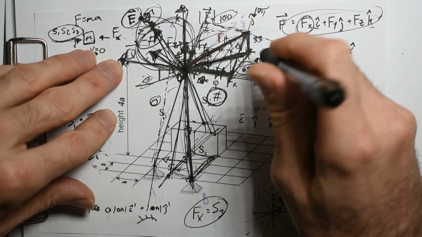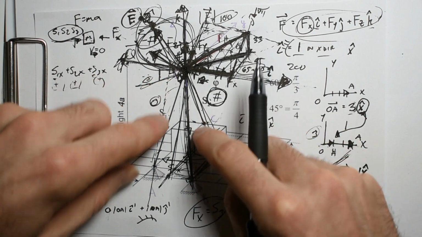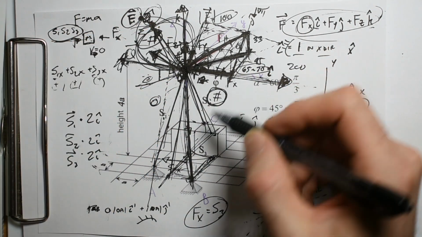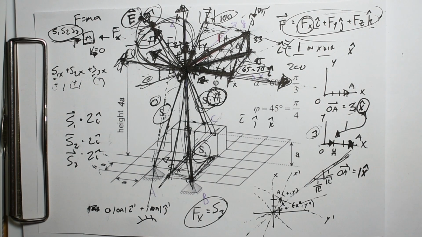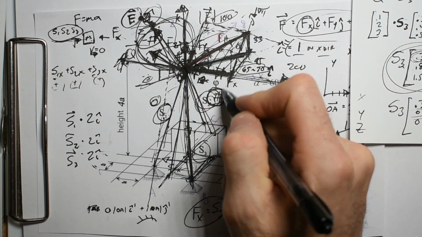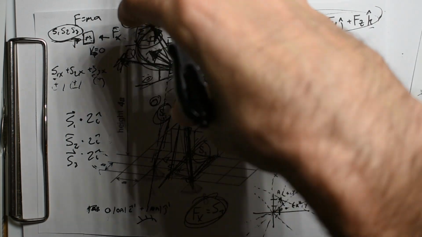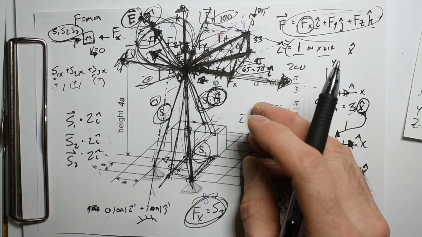It has an x and y component. These now only have their x and y components. Yeah, the values will be the same, because that's exactly what we're doing. We're trying to find the values of S1, S2, and S3, and instead of taking a bird's eye view down, what we're doing is